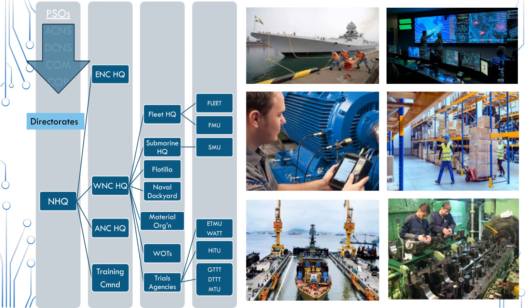So they're all laid out in multiple layers of the organizations. The ships fall under the fleet, they're supported by fleet support units and the fleet headquarters, there is a submarine headquarters, all of them fall under one command, and the command falls under the naval headquarters. It's all a tightly controlled and coordinated setup that has to function together.